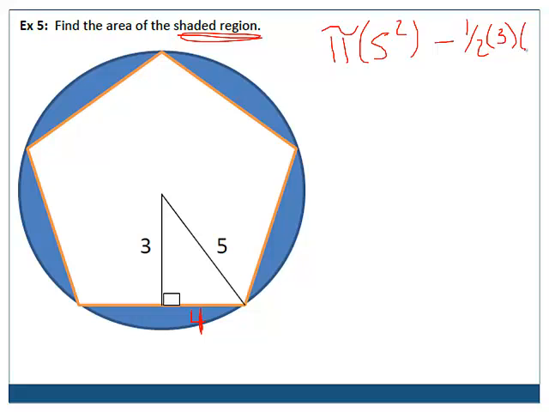If I know this is 4 because of the Pythagorean theorem, that means the entire length of one of the sides is 8. I have a pentagon, so it would be 8 times 5, which gives you 40. If I plug this into a calculator,